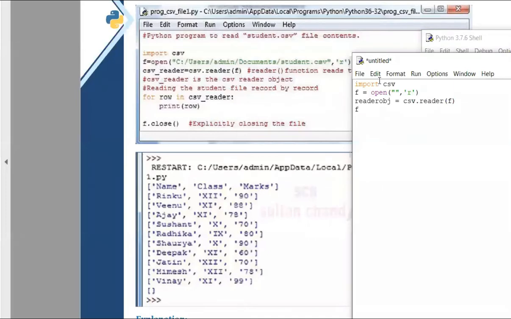From here we'll be looping through the reader object and getting each and every row. So for row in reader object, I will be printing the row and seeing each and every content, and at last, as we know, we have to close the file.